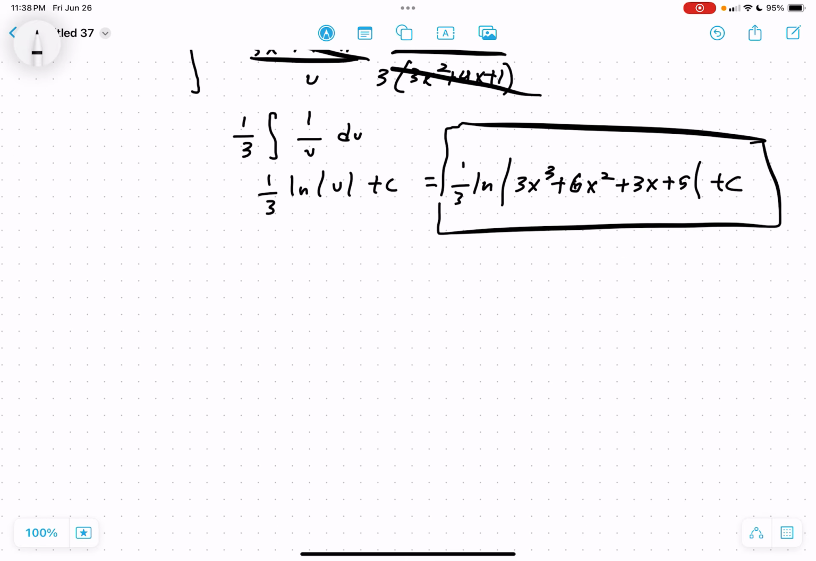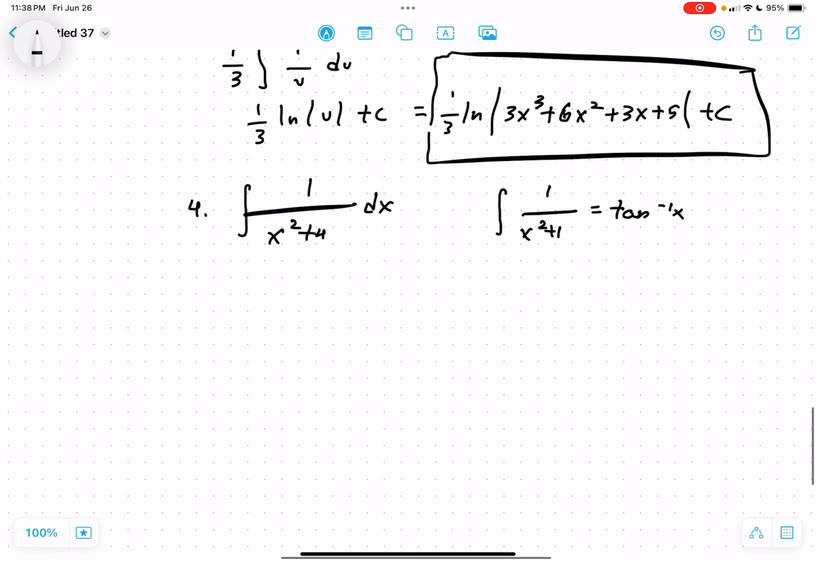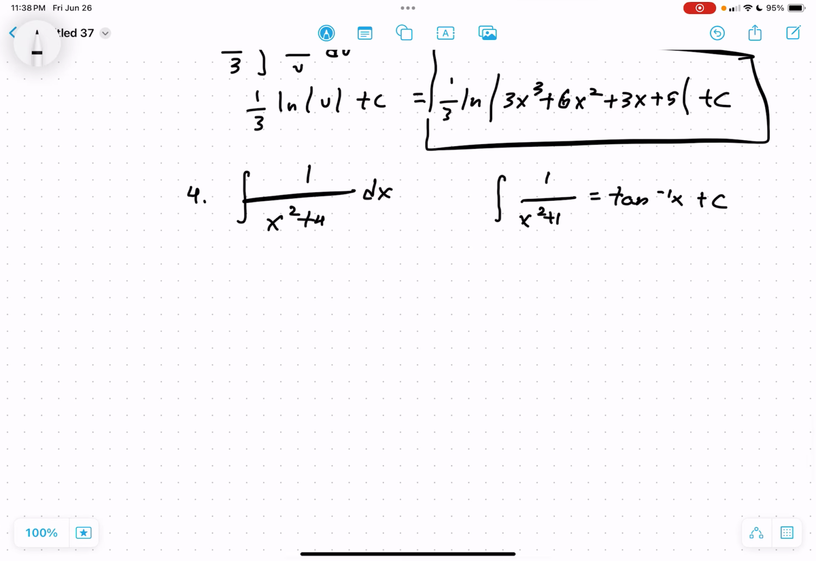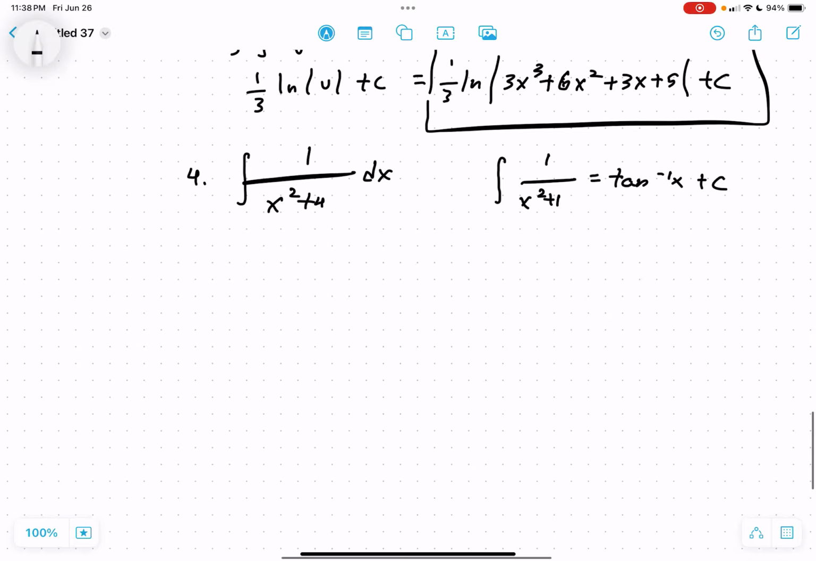Now our fourth problem is the integral of 1 over x squared plus 4 dx. Now, notice that this form looks familiar to my integral of 1 over x squared plus 1, which equals tan inverse x. Looks very familiar. So, and I should write a plus c here. So we have to somehow manipulate this 1 over x squared plus 4 to try and resemble 1 over x squared plus 1. So the first thing I'm going to do is I'm going to factor out a 4,